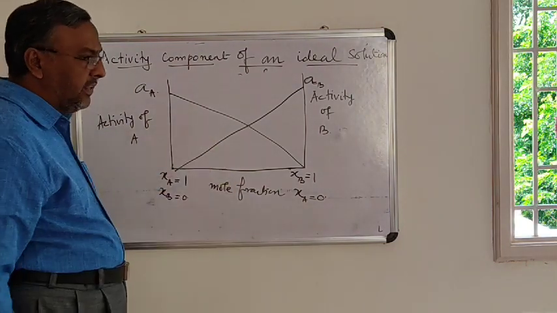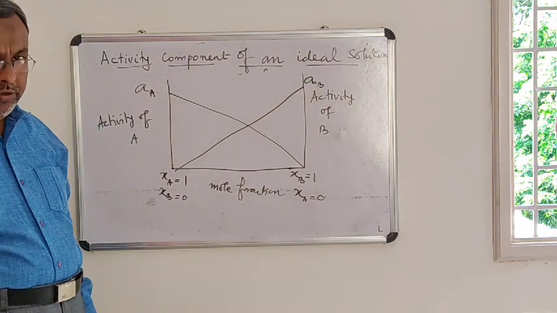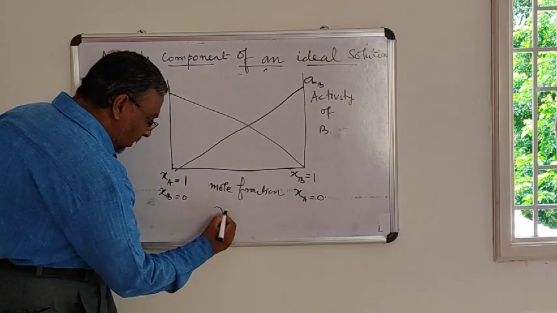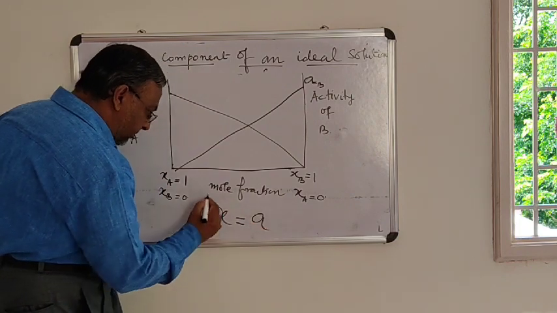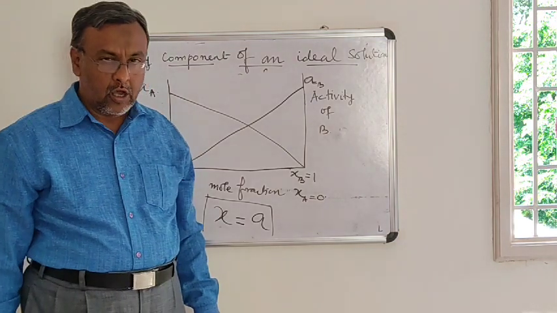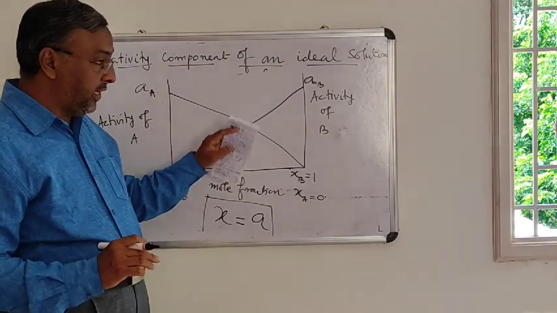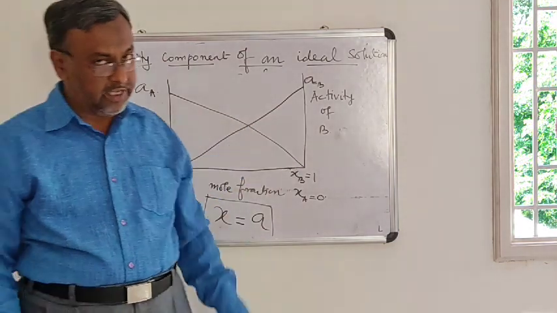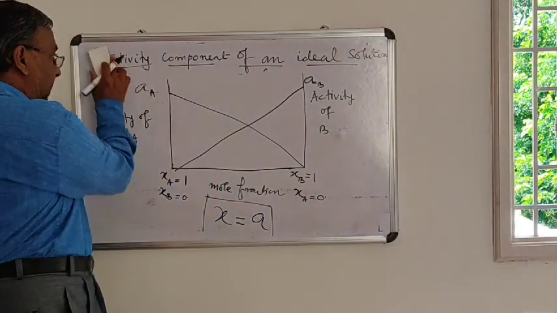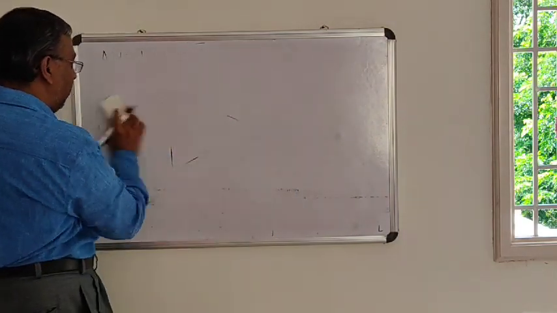So, there is another essential condition for a binary solution to behave ideally. The essential condition is that the mole fraction is always equal to the activity. This is the activity component of an ideal solution. The next topic, a very important 5-mark question, that we are going to study now is